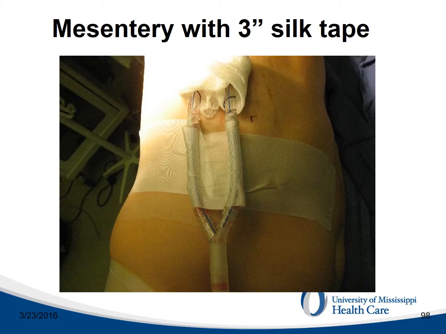As we said, the silk suture by itself is not enough to hold the chest tube in place. Therefore, several centimeters of a large 3-inch tape are firmly placed on the skin and across the chest tube, making a mesentery around the tube. This will hold the chest tube in place even if traction is applied to the chest tube during patient movements. Since sweat can make the tape loose, it needs to be checked every day during rounds and replaced if necessary.